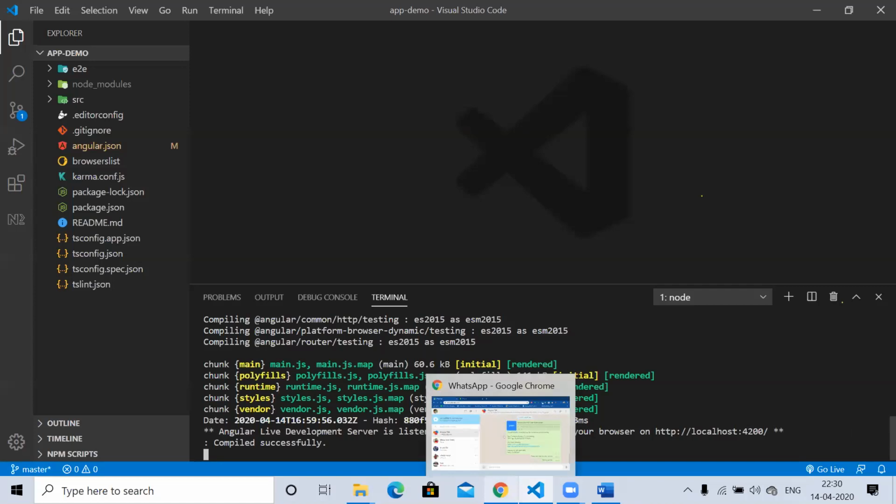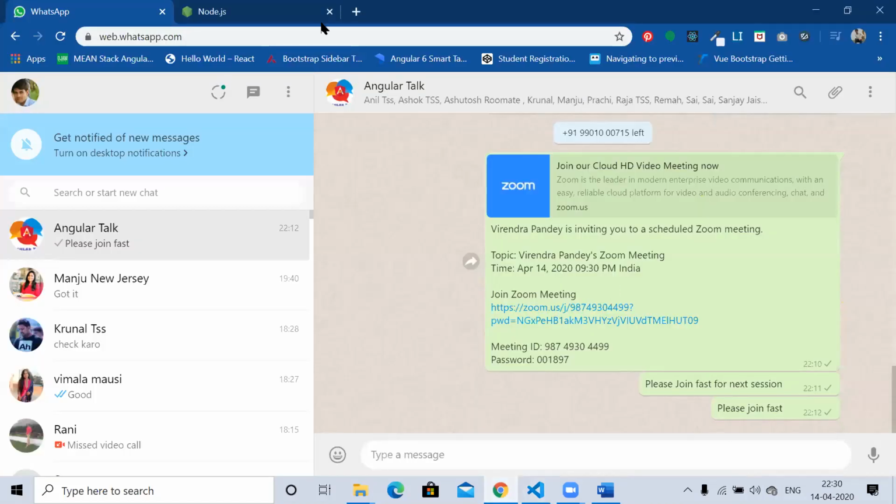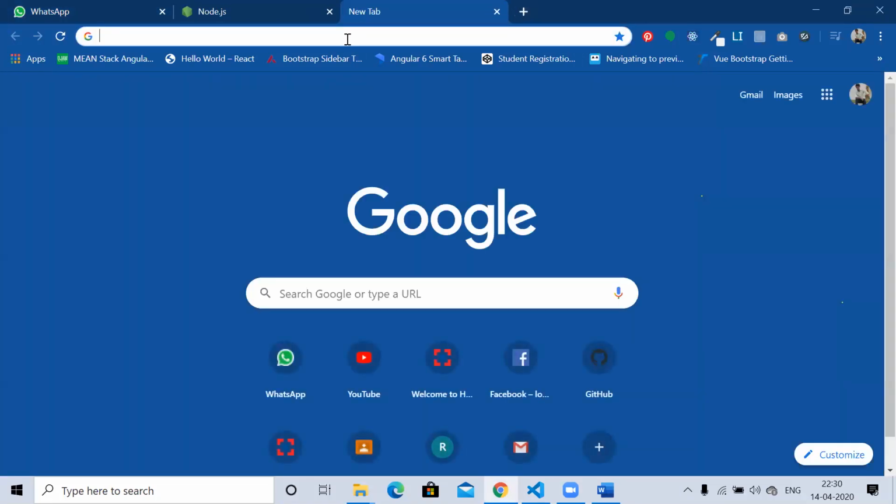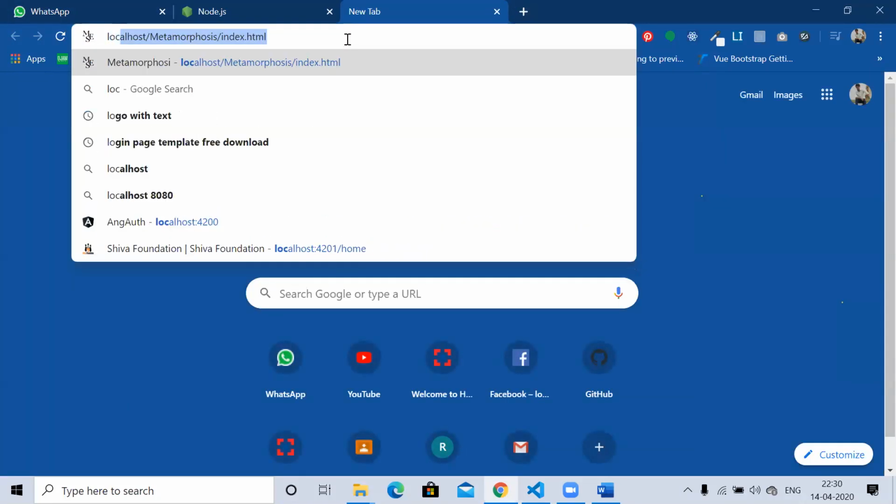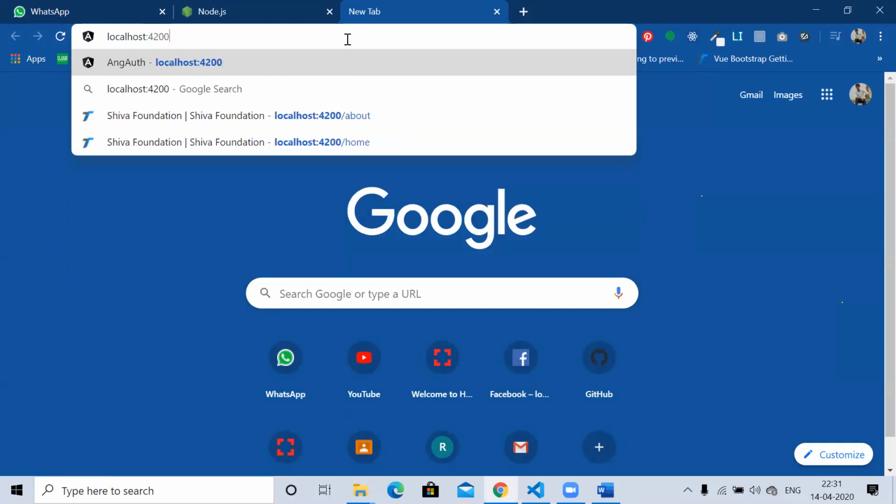So you open your browser. In any browser you can write localhost, and after that 4200.